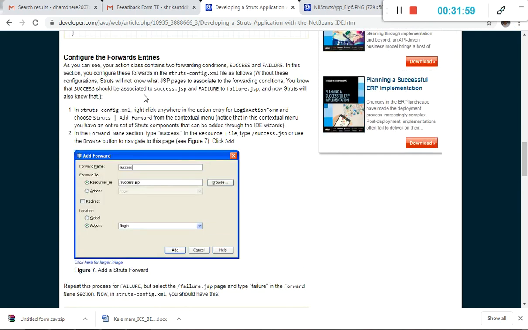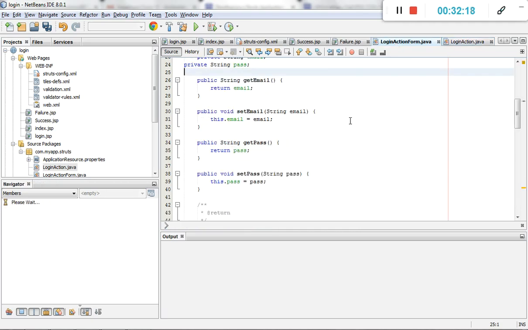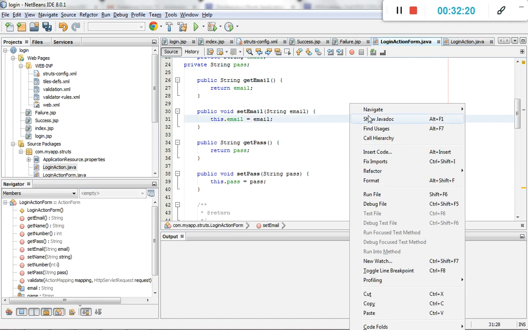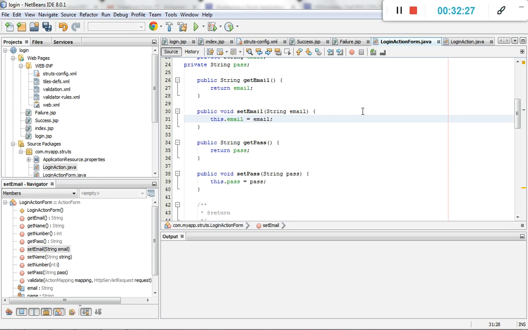Then configure the forward entries. In struts-config, right click anywhere in the action entry for LoginAction form and choose Struts. Then we need to go to the LoginAction form, right click anywhere, then login and choose Struts.